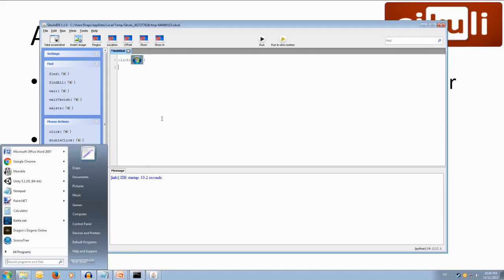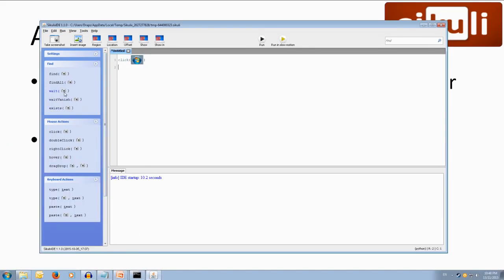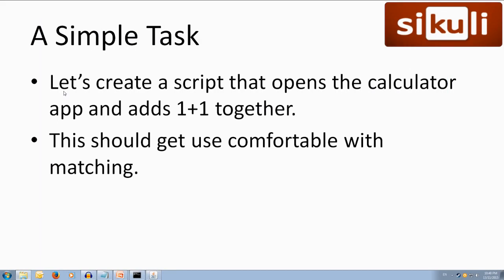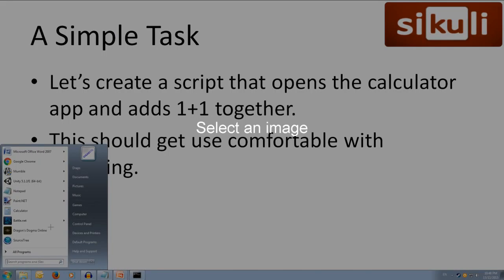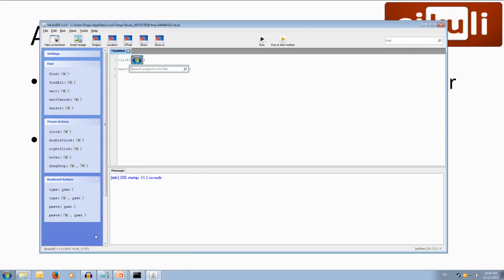To do this, we're going to use the wait command. We're going to click the little camera again, but this time when we click it, we've got to make sure we quickly click the start icon. So click start icon, and then we get this section here. We want to look for this search bar, so we're going to drag a box over the whole thing with this little icon in it so that it can be recognized. And we're going to wait for this to come up on screen. Once it has appeared,